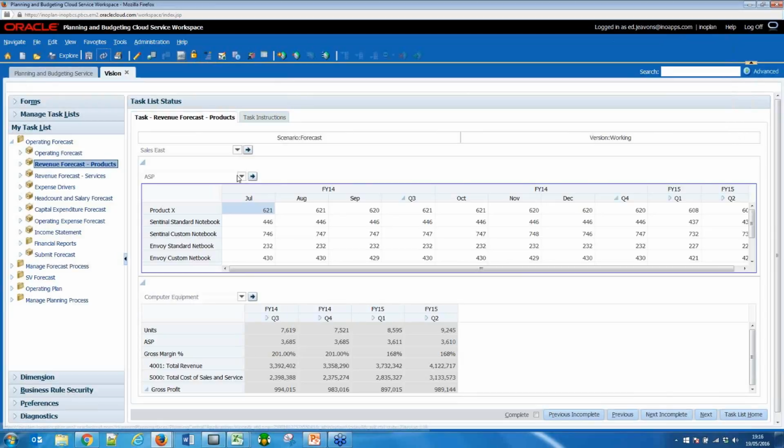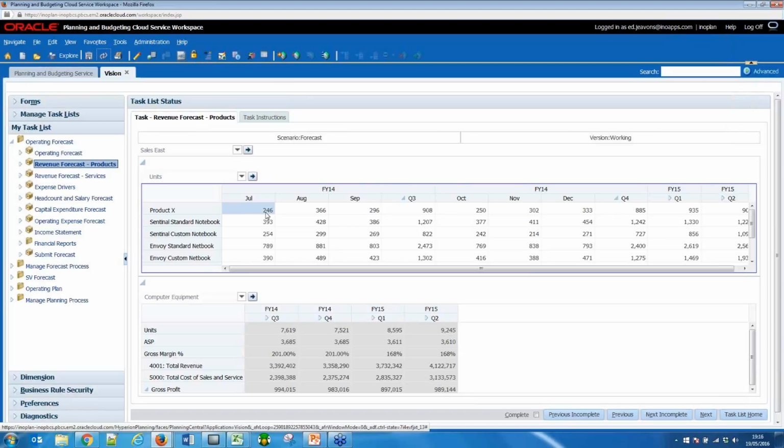Let's go change some actual units in here and have a look at how the system works with respect to inputting data. So I'm going to input 300 units there for July. You might notice that immediately Q3 has actually updated itself. So dynamically, as I'm typing numbers in here in the constituent months, the total is updating every single time. To save those back, I just click on the save icon up at the top here,